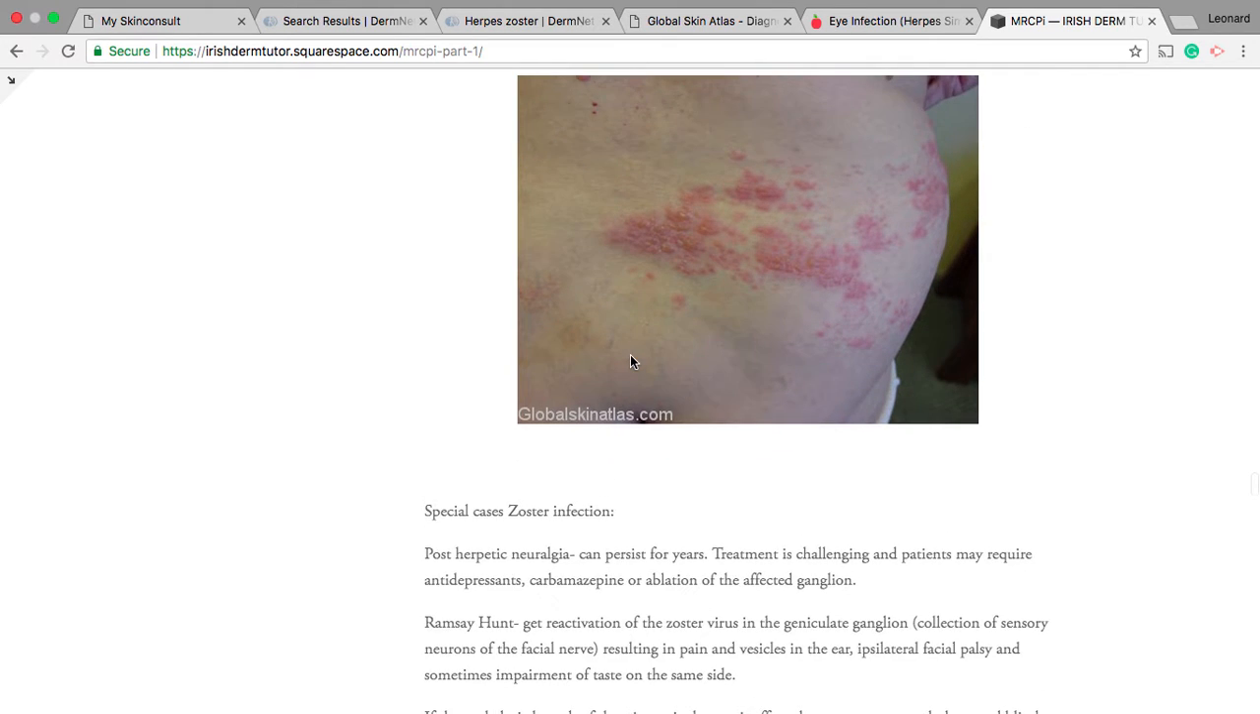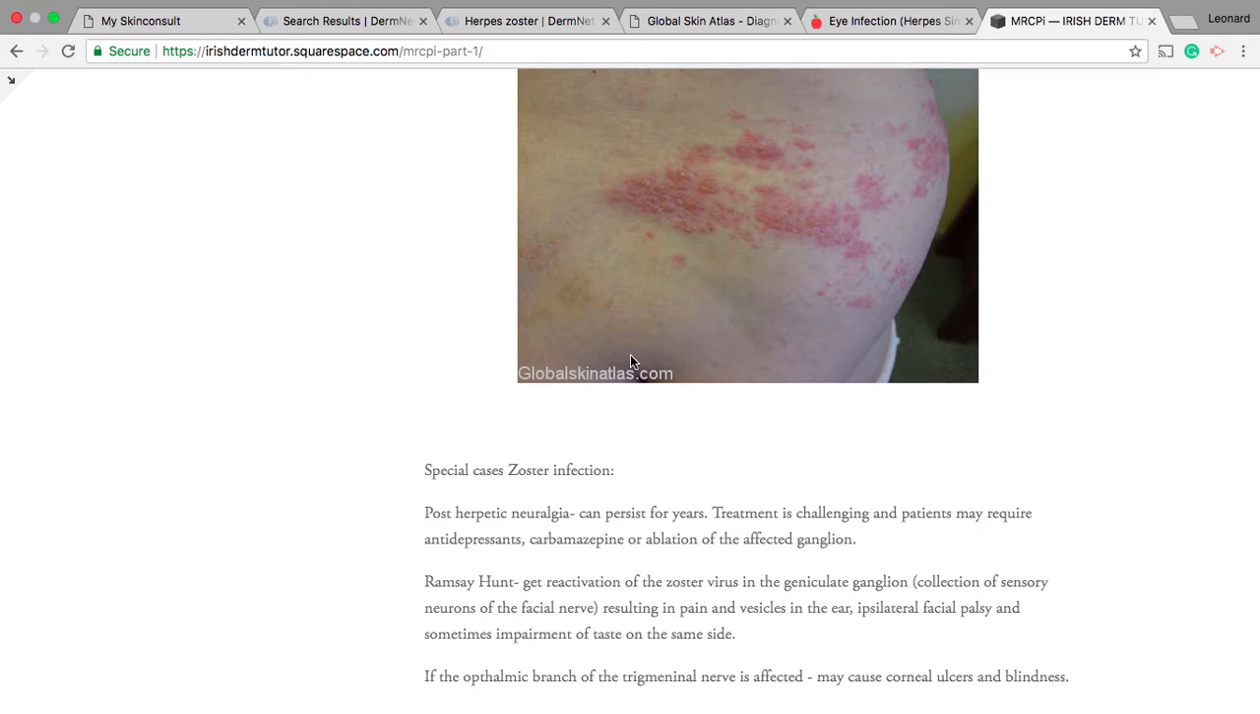So with regards to special cases of zoster, you can get a postherpetic neuralgia, and this can persist for years after the initial rash, and the treatment can be very challenging. Patients may require types of antidepressants or carbamazepine, or in some cases you can even consider ablation of the affected